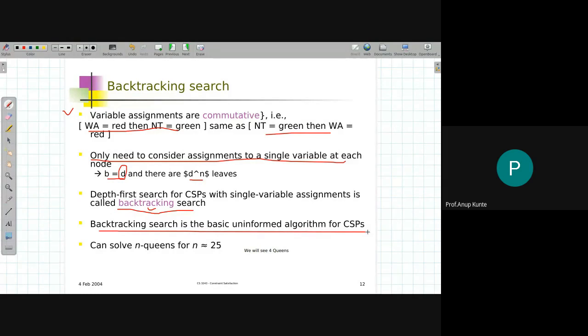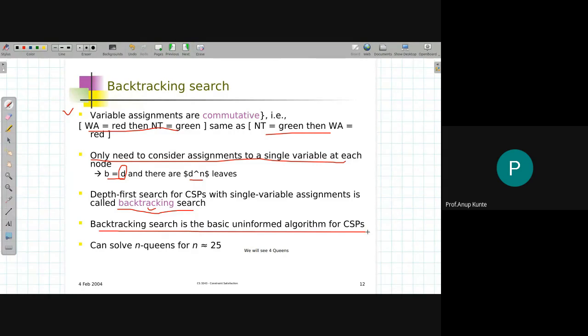Now, how effective is backtracking for solving CSPs? If we take the n-Queens problem, then the n-Queens problem for a board size of 25 can easily be solved using backtracking search, in the sense its time complexity is not a major issue with respect to finding the configuration that can house 25 queens on a 25 cross 25 chessboard where no two queens attack each other.